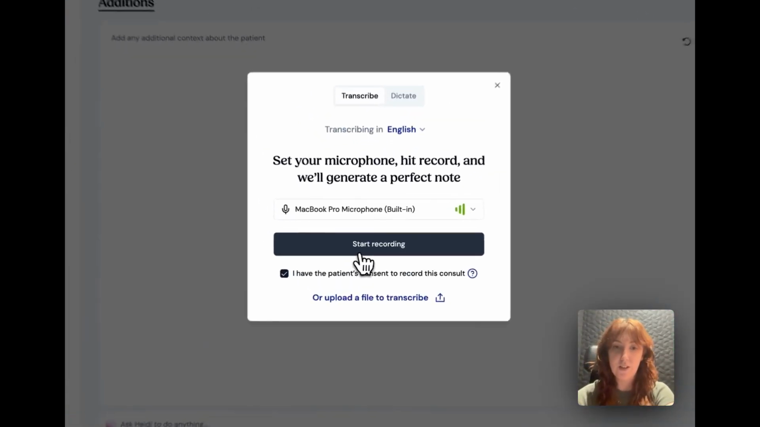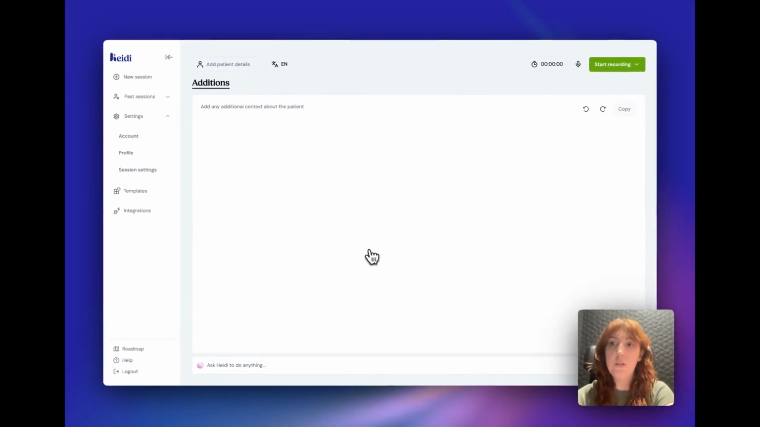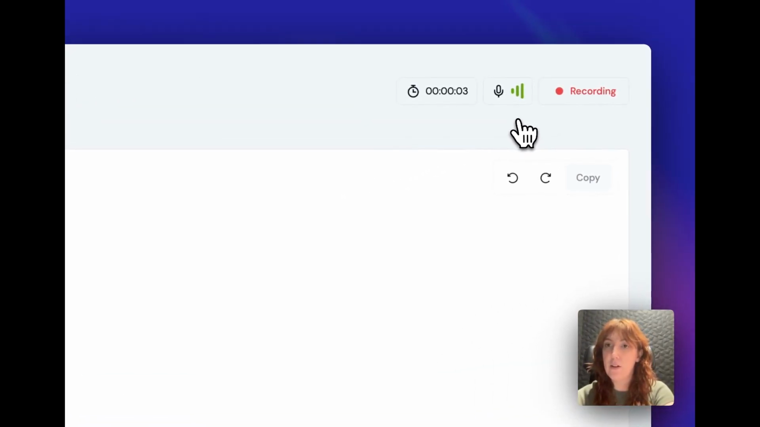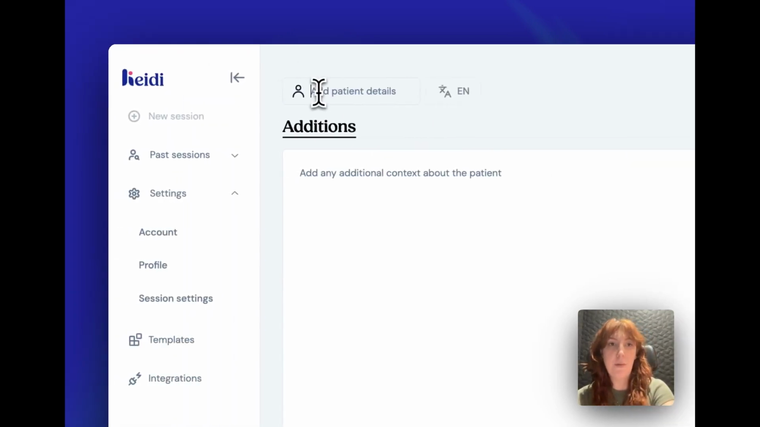So when I'm ready, I can press start recording, and you'll see up here that it's recording me. I've got an indicator that it can hear my voice well, and the timer is counting up as we go. So I can come over here to add patient details, so I can add things like the patient's name, the age, and the gender. And then I can use this additions section to add any sort of previous history about the patient or anything that wasn't spoken out loud during the consult. So maybe stuff that you wouldn't want to exactly say to your patient, like